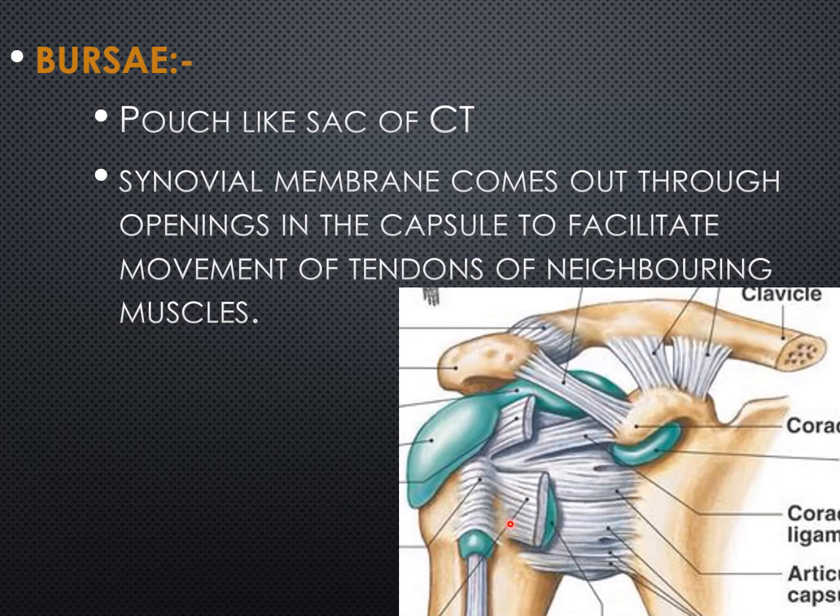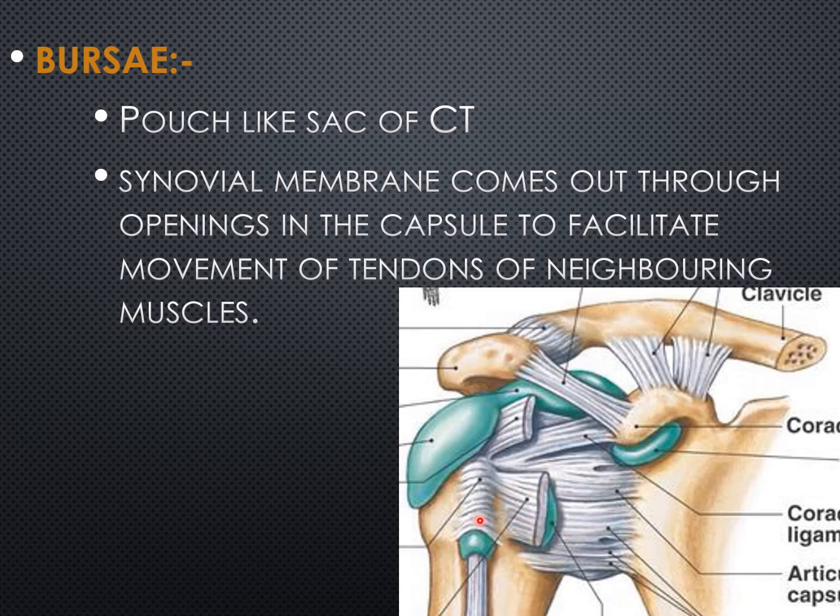So this is the shoulder joint. Okay, this is the scapula, this is the humerus, this is the head of humerus. The head of humerus is going to articulate with the scapula, the glenoid cavity of scapula, to form the shoulder joint, and you can see the fibrous capsule around the shoulder joint. Okay, and these are cut ends of the tendons of muscles that are acting on the shoulder joint. So you can see there is an opening within the fibrous capsule. Okay, and through this opening, the synovial membrane is going to come out and become a pouch-like sac. Okay, that is known as bursa.